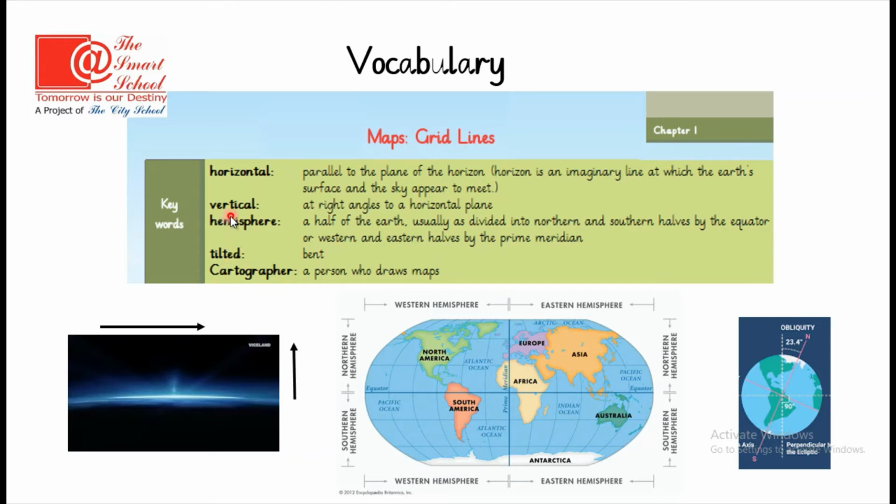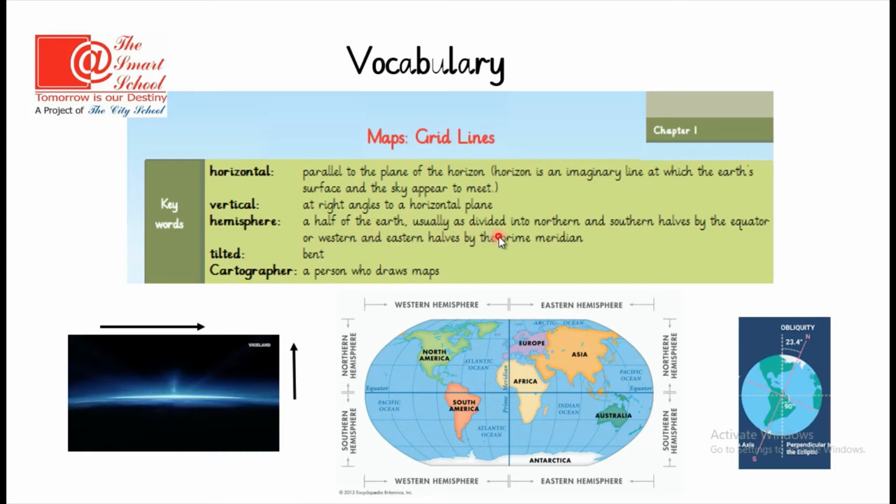The second word is vertical, which means at right angles to a horizontal plane. Consider this a horizontal plane. This is making a right angle. So this line is a vertical line. The next word is hemisphere. It means a half of the earth,